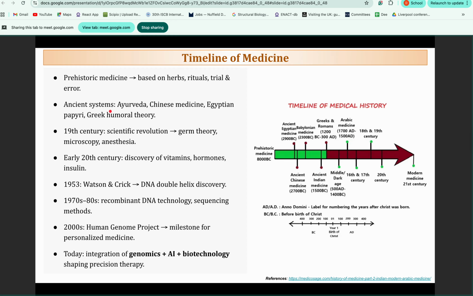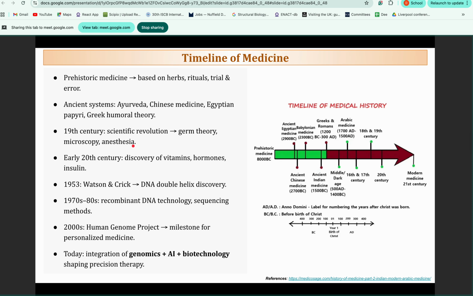Then come the ancient systems, in which Ayurveda, Chinese medicine, Egyptian papyri and Greek humoral theory come in, which we have already discussed. Then in the 19th century, there was a scientific revolution in which different scientists were doing different research. Germ theory came, microscopy was discovered, and the anesthesia concept was also discovered, that if anesthesia is given to a person, then we can do different other operative tasks, or some operations can be done without